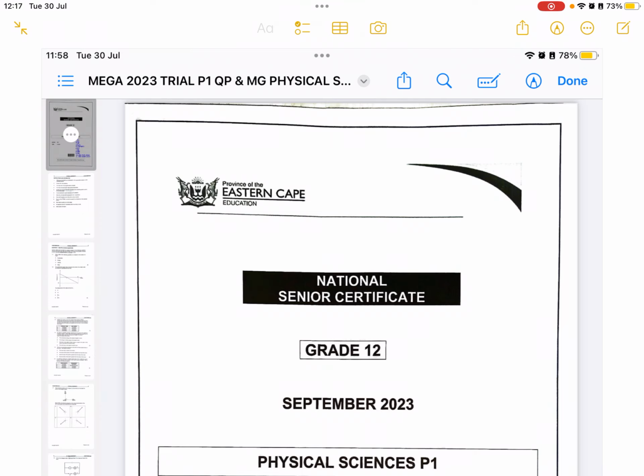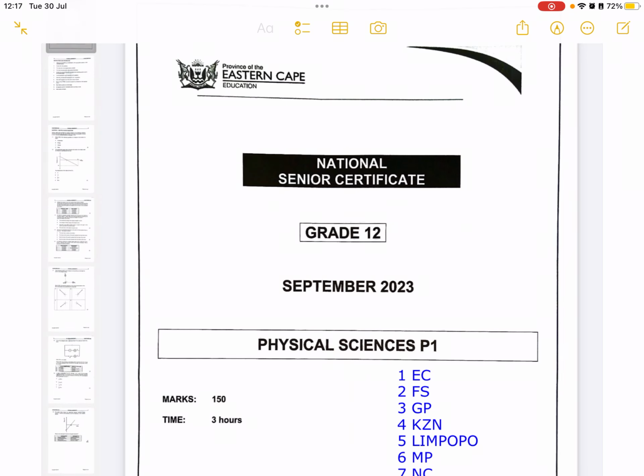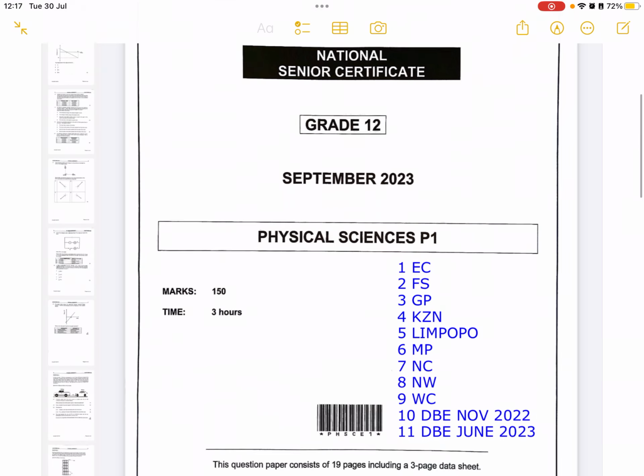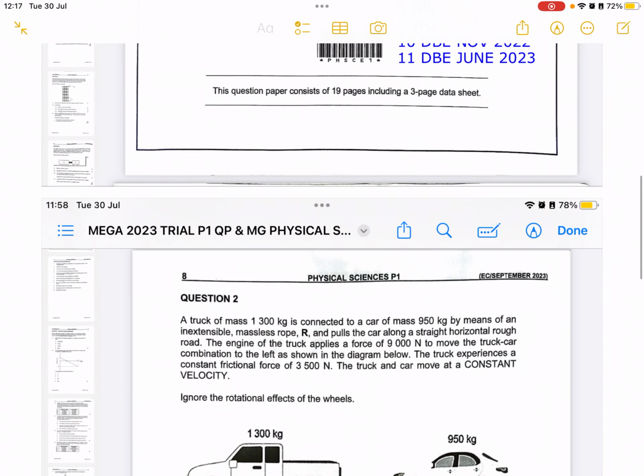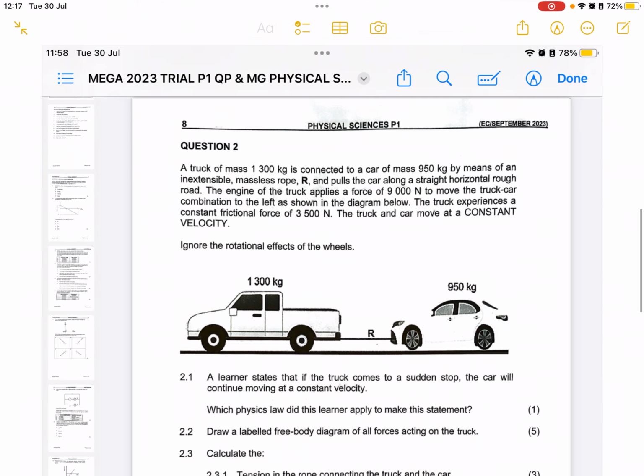Today we're looking at the Eastern Cape Grade 12 trial exam from last year, Physical Science Paper 1. And in today's question, we're going to be looking at question 2, which is Newton's laws of motion. We have a truck of mass 1,300 kilogram that is connected to a car of mass